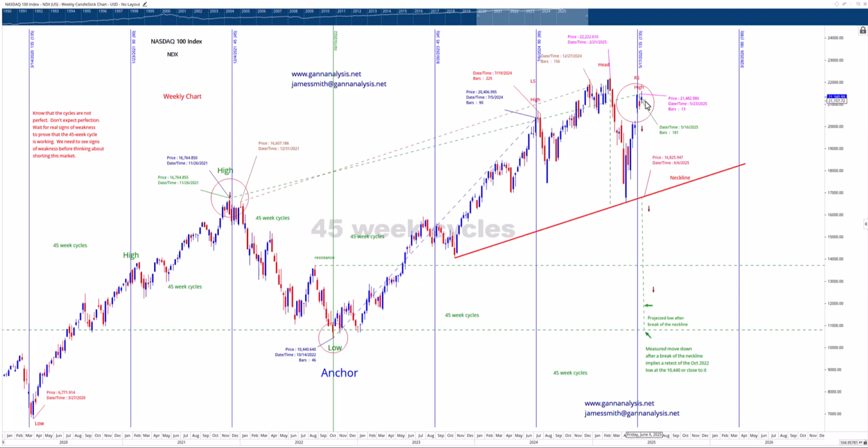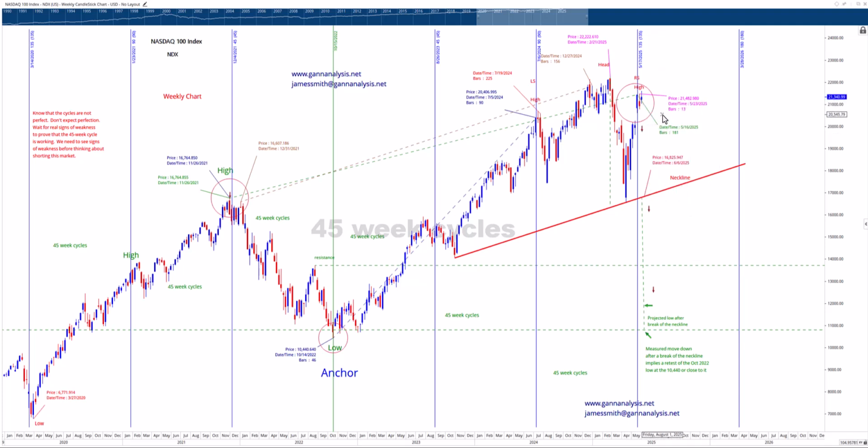And the thing is, a lot of people hold cycles and GAN in particular to more precision than it really can offer you. I don't expect it to work every time. And I do think that there are going to be times when the cycles just flat out don't work. That's why you always want to confirm a cycle with some sort of retracement. Okay, you have to take out a certain level from a GAN perspective that will confirm that this cycle is actually calling a move down and not a move up.